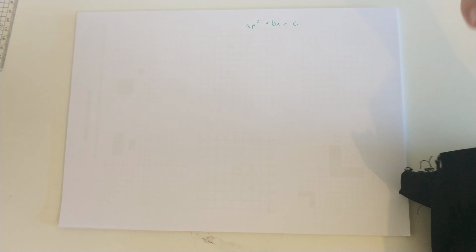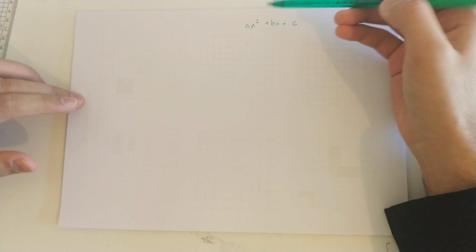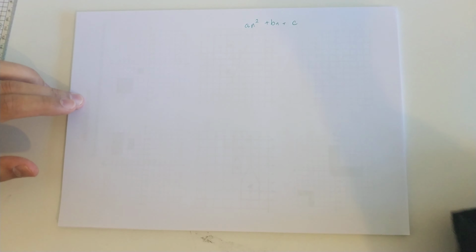I just sort of mentioned the rule is to find the second difference, divide it by 2, and then that's your a. But I didn't really explain that, so I guess that's a shortcoming of mine, but let's do that now. So, of course, if this is any quadratic sequence,